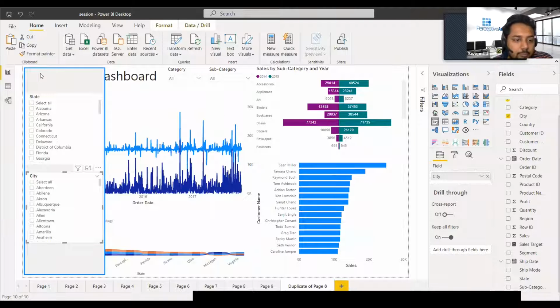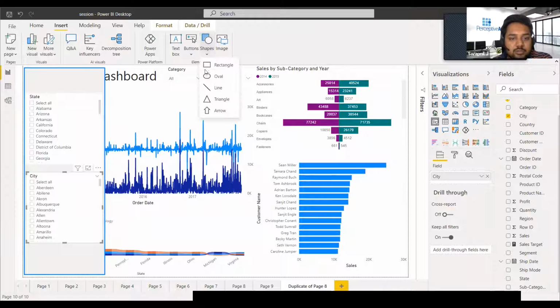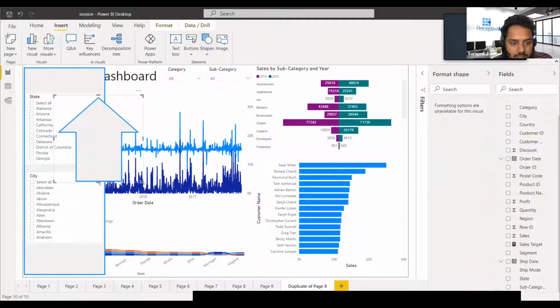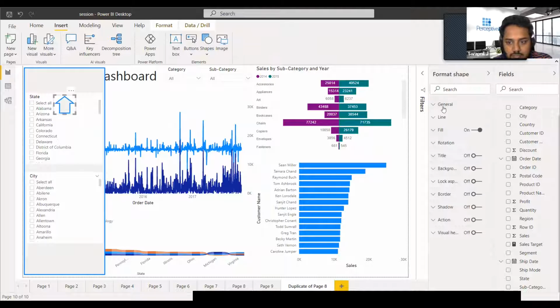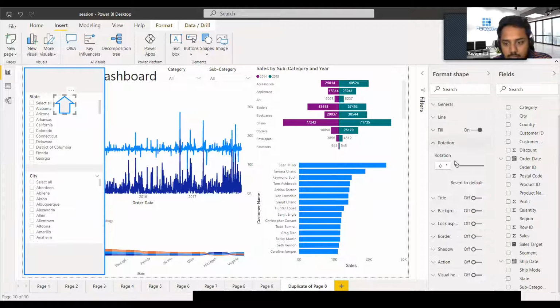Now we need a button or icon to push that panel back. For that we will add a new image, shapes. We'll rotate it to 270 degrees.